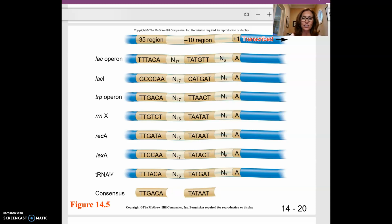Anyways, okay, back to consensus sequences. What we're looking at here is a series of regions in different organisms. The lac operon, this is the promoter before the genes that are used to make elements that allow bacteria to consume lactose, for example. Rec-A, these are the elements that are upstream of the gene called Rec-A. Don't worry about what the gene does. You don't need to worry about these names here. What you do need to be aware of, though, is that they're slightly different, but the consensus among all of these regions in all of these bacterial sequences